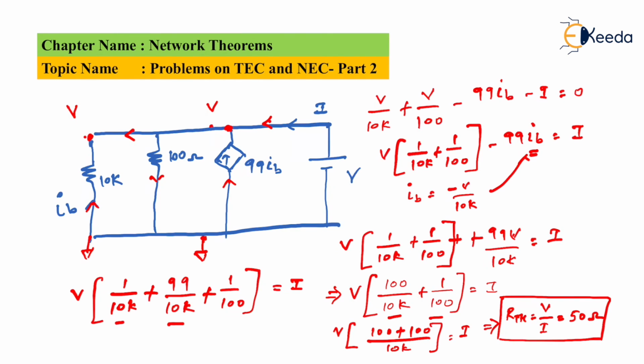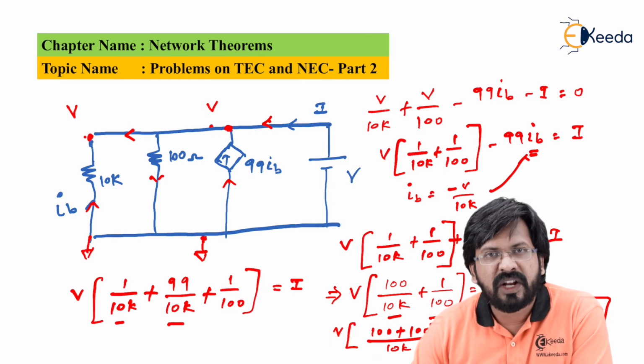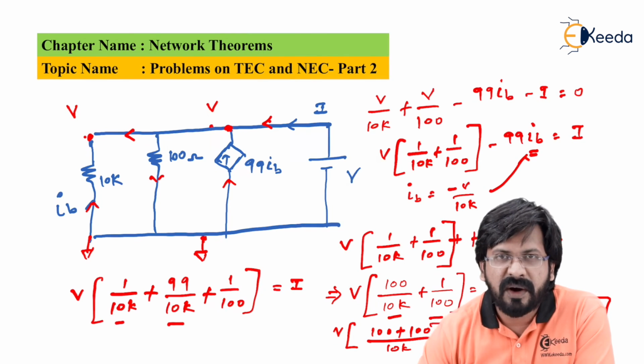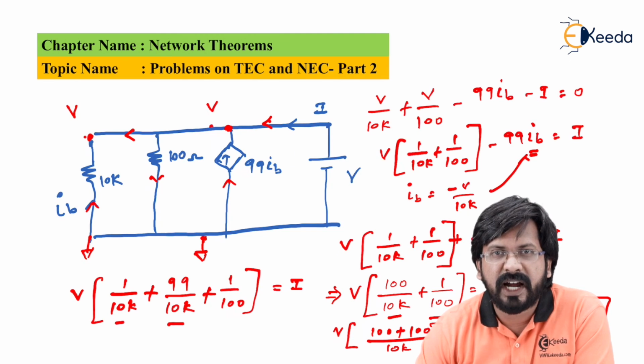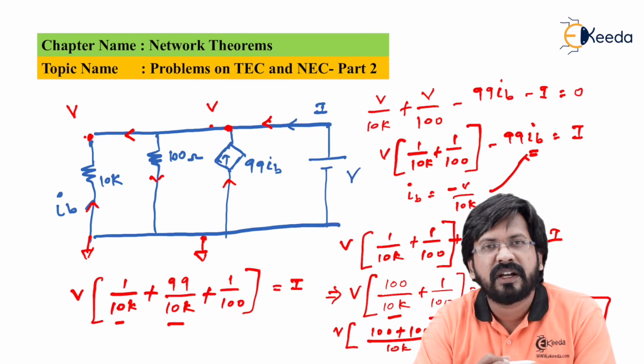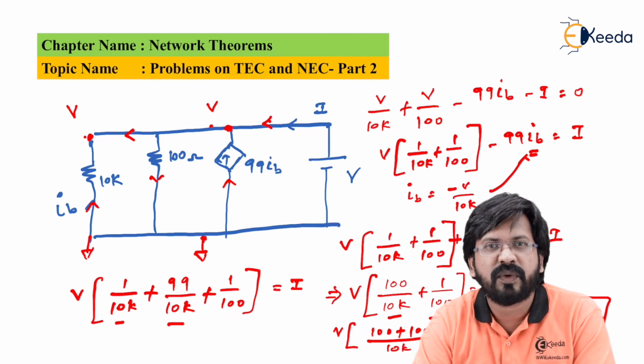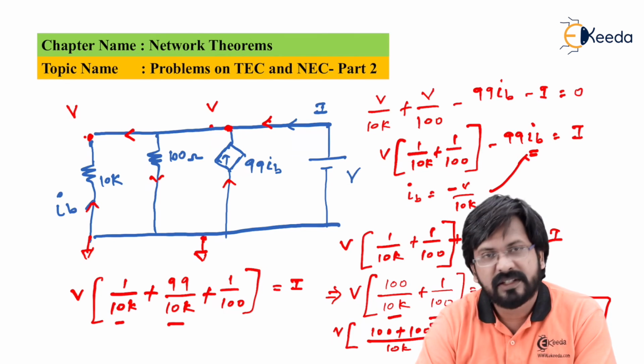Please remember, such circuits where only dependent sources are present are referred to as dead circuits. In a dead circuit, none of the sources is an independent source. That's the reason why in such circuits, VTH is always 0, ISC is always 0, but at the same time, RTH or ZTH is not equal to 0. It is found by taking the ratio of V by I. For this, at the two given points, you have to connect a voltage source V. Assuming the supplied current is I, take the ratio of V by I and that gives you RTH. So this is how to deal with such problems.